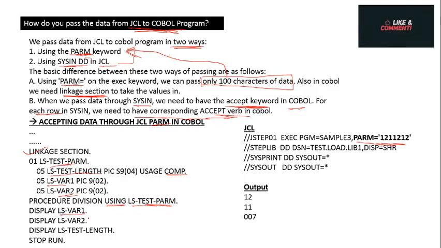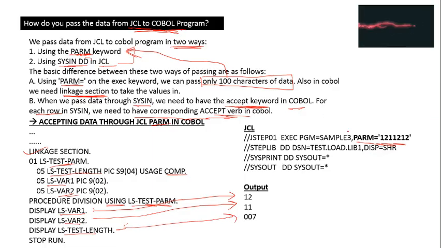So LS variable 1, LS variable 2, LS test variable: it will print 12 and it will print 11, and what's the length of this, 7, so it will print 7. We have not printed 1 2, so we can print that as well through variable 3. Okay,